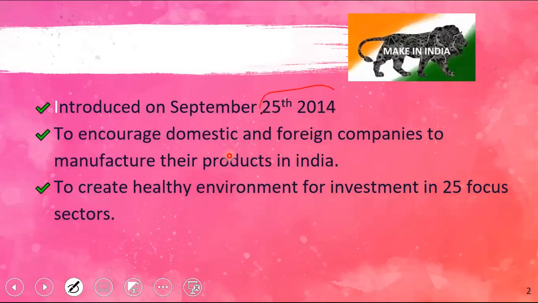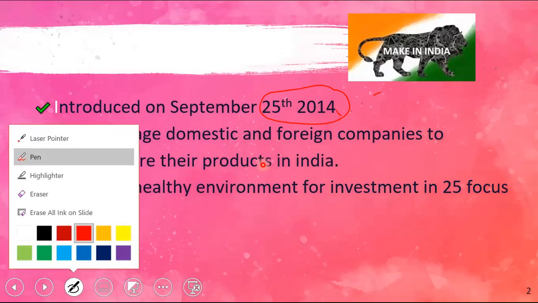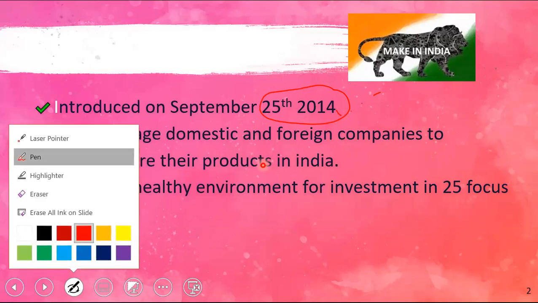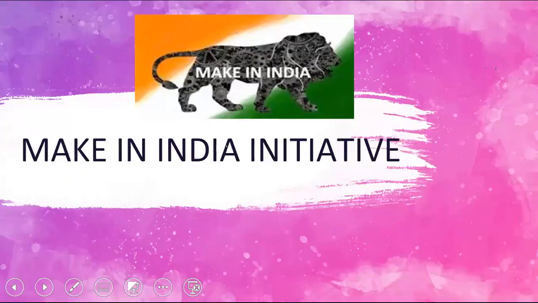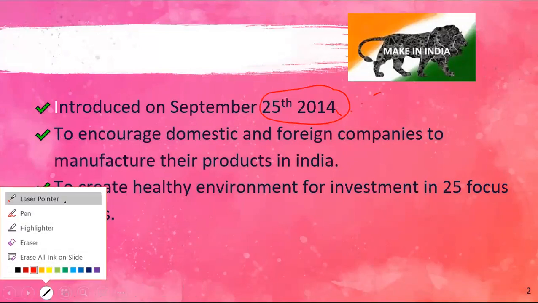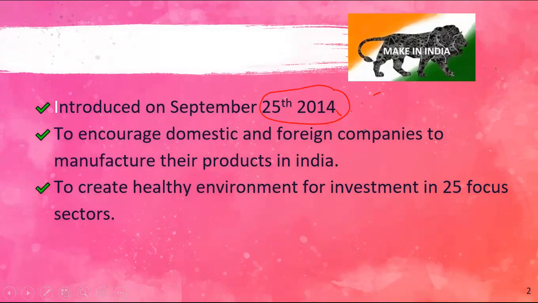This scheme was introduced in the year 2014, September 25th. That itself is a good question for objective. What is the purpose of this program? To encourage domestic companies. I will just use this. The basic purpose of this program is to encourage the domestic companies and the foreign companies to manufacture their product